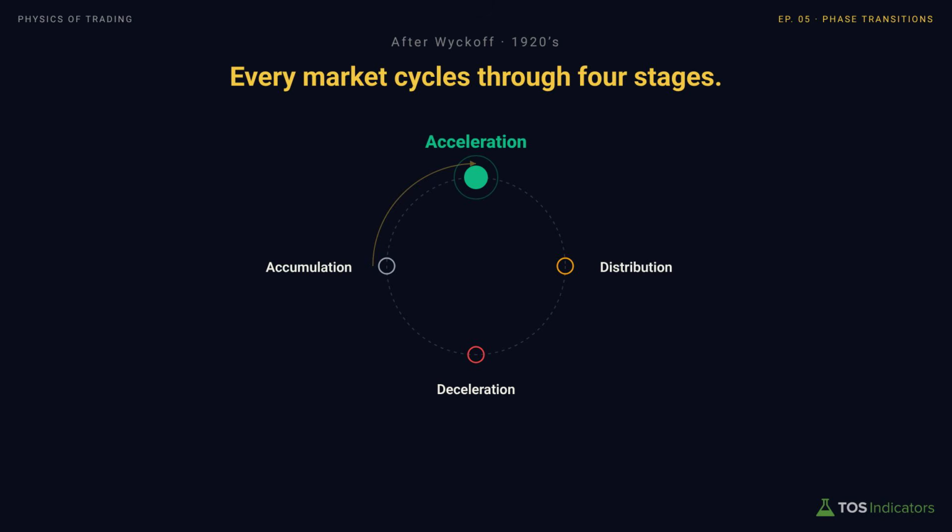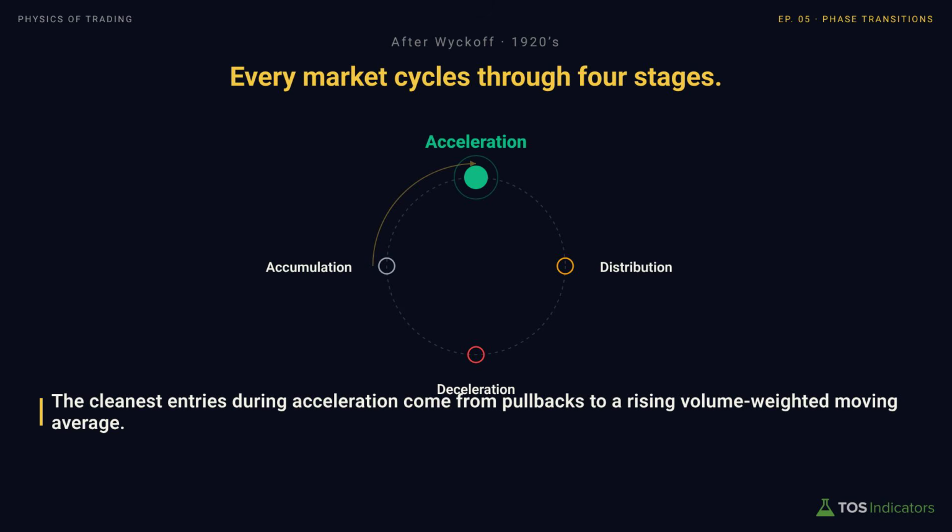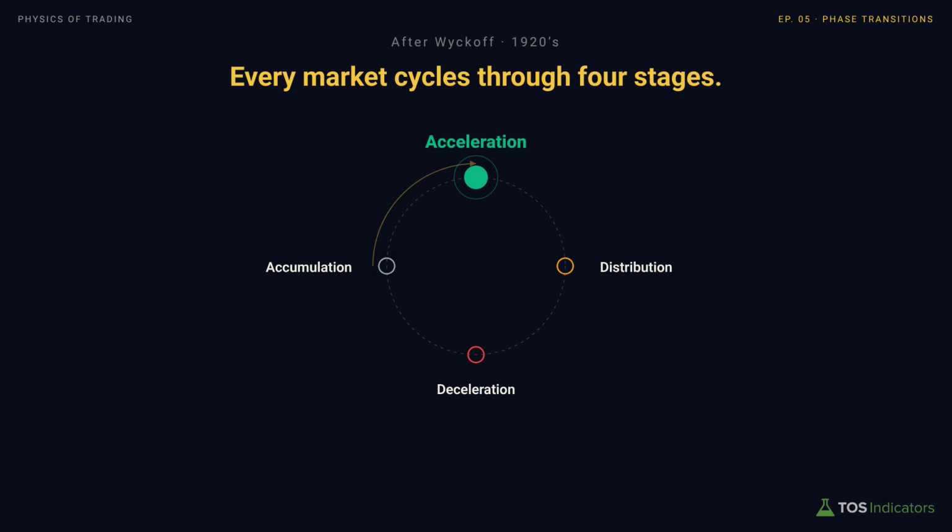The second stage is acceleration. Sometimes you'll also hear the stage described as markup. Here, price clears the accumulation stage with conviction. Volume starts to expand, and the trend takes hold of the chart and enters a sustained uptrend. In this phase, long positions work very well. Pullbacks get bought right away. You have the first pullback, the second pullback. Momentum strategies, which look broken in the first stage during accumulation, suddenly work very well in the second stage of acceleration, with very clear buyers defined.